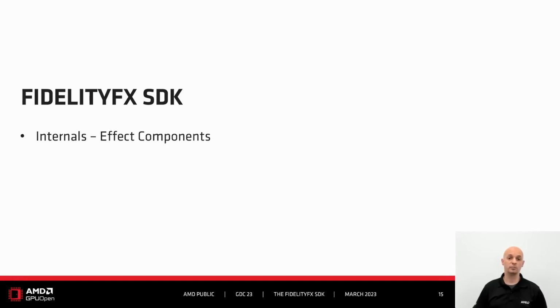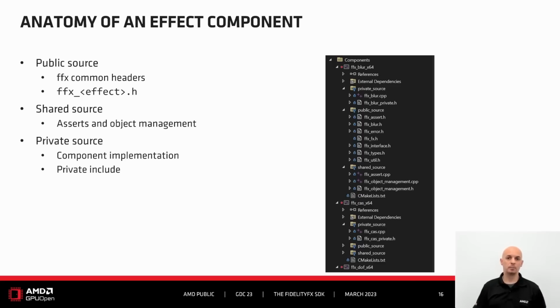Now let's take a brief look at how each of the main SDK components work together to enable Fidelity Effects features to run easily in your games. The first piece we'll look at is the effect component. The effect component represents the runtime level execution portion of a Fidelity Effects feature. This handles internal resource creation, external resource registration, the building of pipelines, creation and management of resource views, and GPU workload scheduling and execution for the application. These are essentially usability modules designed to make integration of the SDK features as seamless as possible.